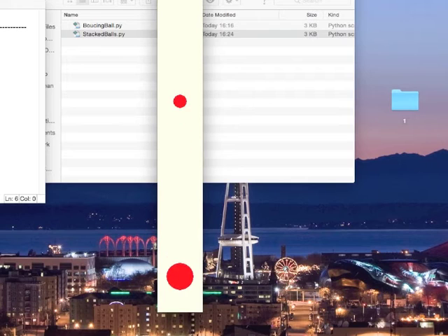In this video, we're going to look at how we can use Python to simulate the motion of a ball within a box, and then at the physics of dropping balls stacked on one another. In the first simulation, a single ball bounces around the window, following the rules of projectile motion and Newton's law